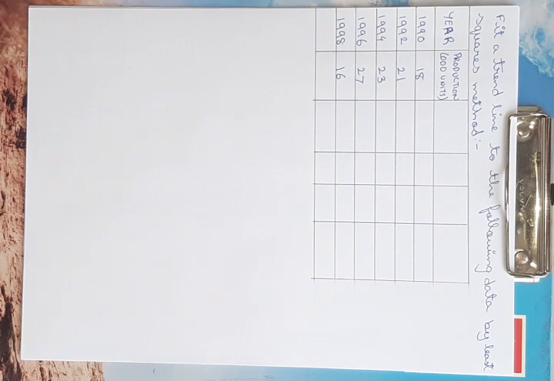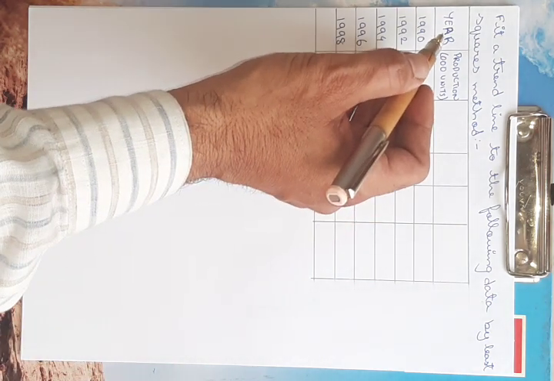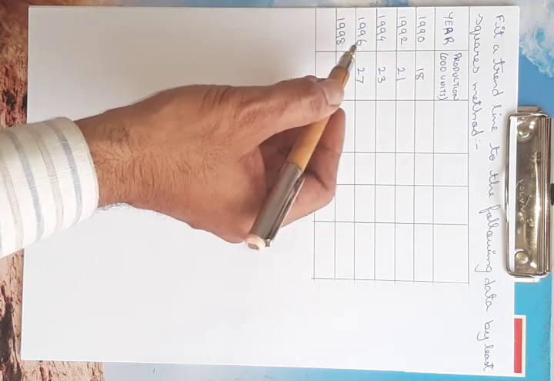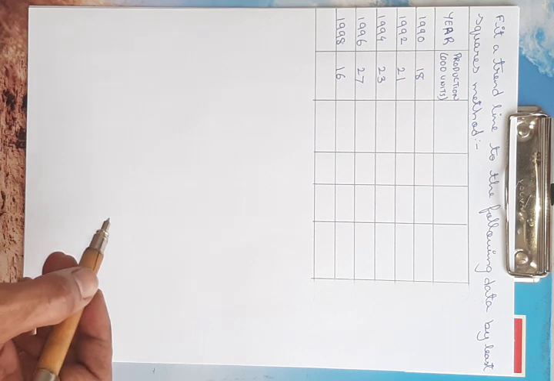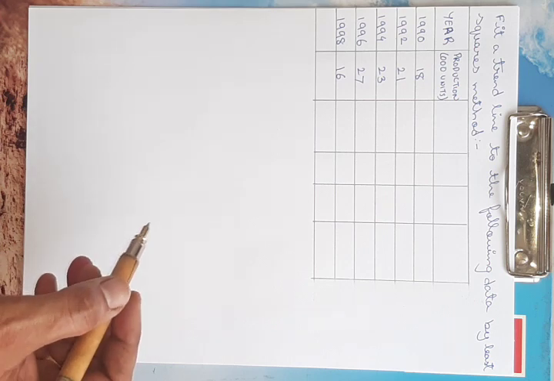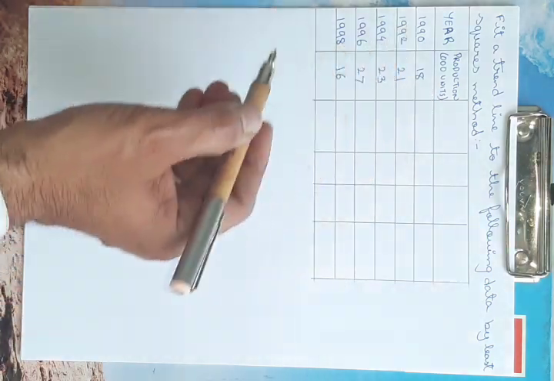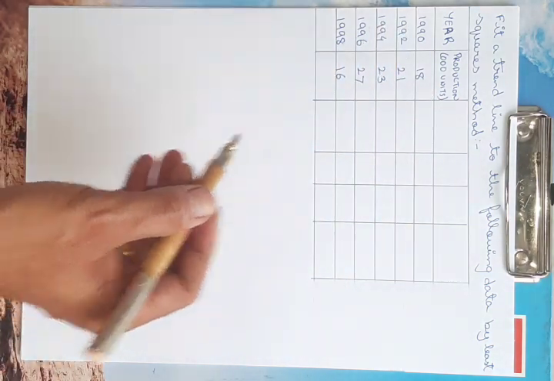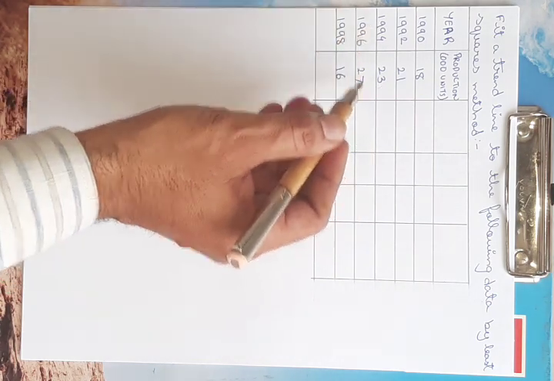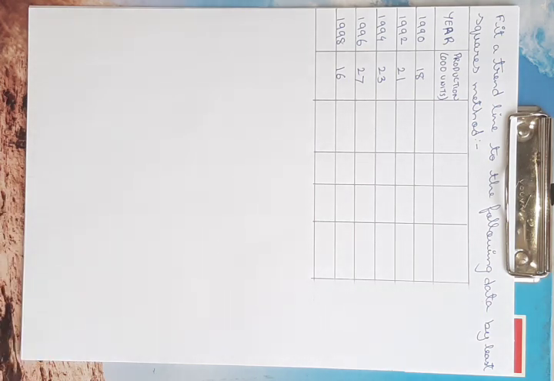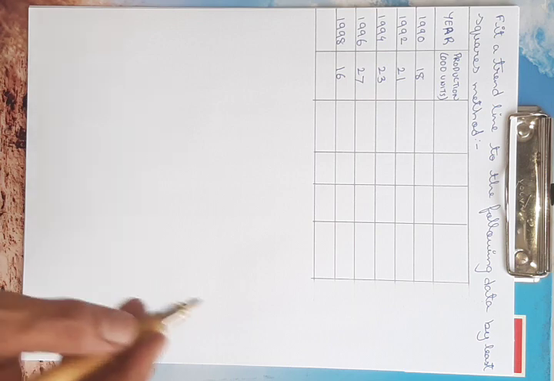method. Now in the problem you will be given two values, that is first the year: 1990, 92, 94, 96 as well as 98. Whereas in case of the second series you are given the production, that is in 1000 units: 18,000 for 1990, 21,000 for 1992, 23,000 for 94, 27,000 for 1996 and 16,000 for 1998. So such figures, such units are given. You need to fit a trend line by using the least squares method.